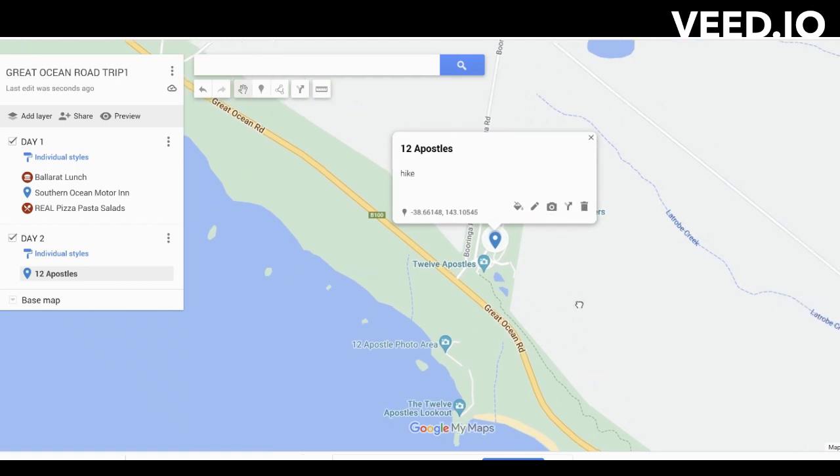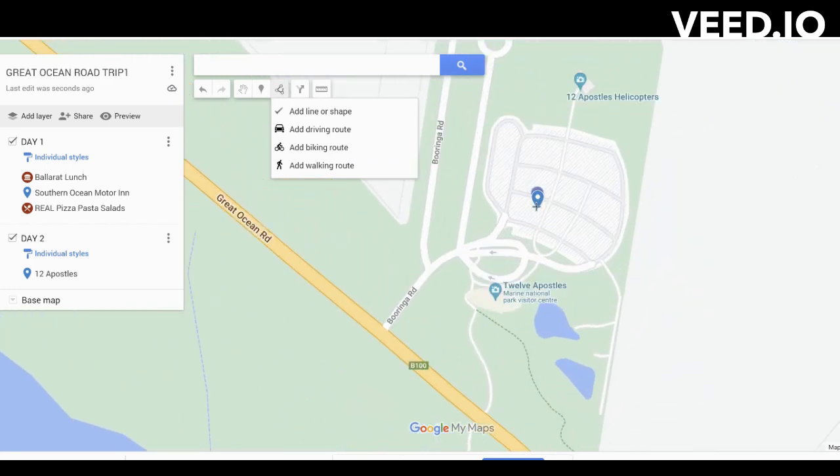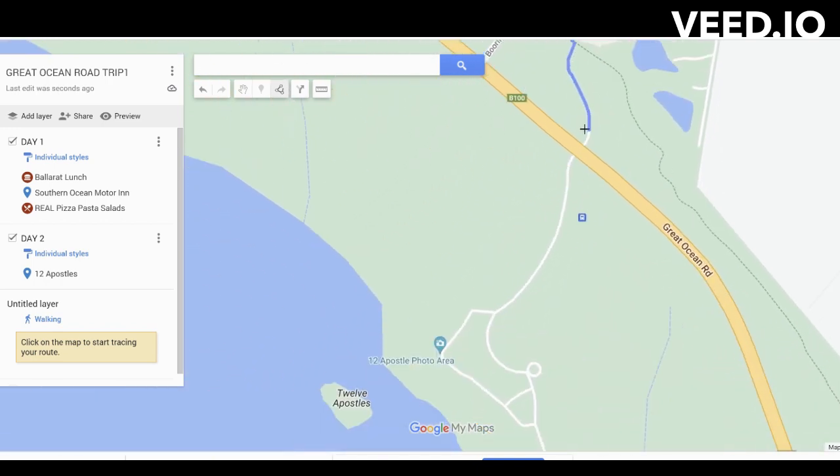Now I also have the ability to, once I get here, add in a path of where I want to hike to. So starting location will be my parking, so maybe we'll just go here. And what we can do is we can add in paths, any sort of lines or shapes, but we'll add in a walking route. And from here, it knows that I can go from point A to point B, and we'll go all the way down to here, and around,